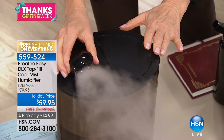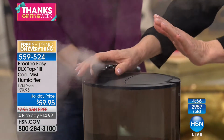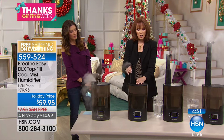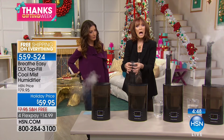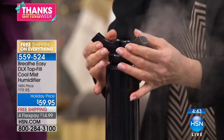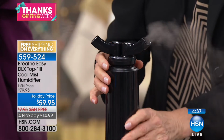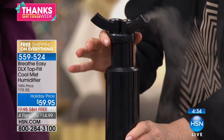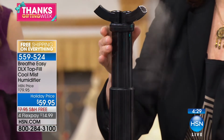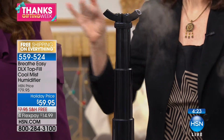And then this is the adapter number 1. So you can put this one on if that's where you want your humidity to land, but then come next door. I have the telescoping nozzle on. And with the telescoping nozzle, the top is multi-directional. It can split, so you can send it off to the husband and to the wife, or to the kids who are sharing the twin beds like I did as a kid, one to one sister, one to the other. And then I can pick my level. If I don't have room on my nightstand and I want to put this on the floor, you put that telescoping feature on and the humidity will still rise over and land on you so gently,